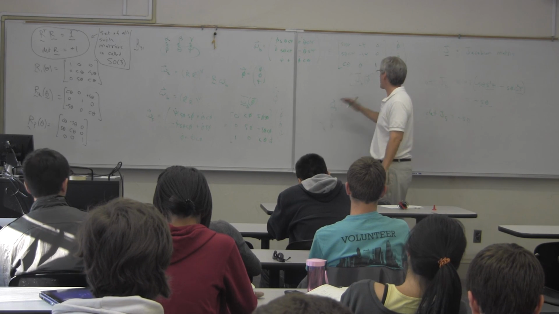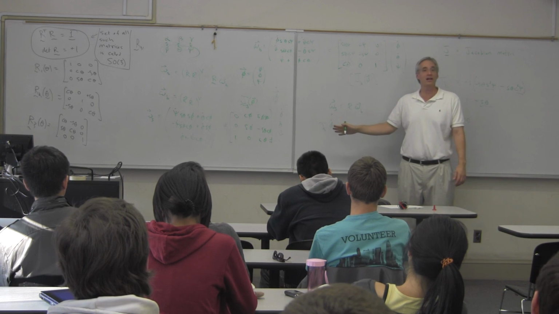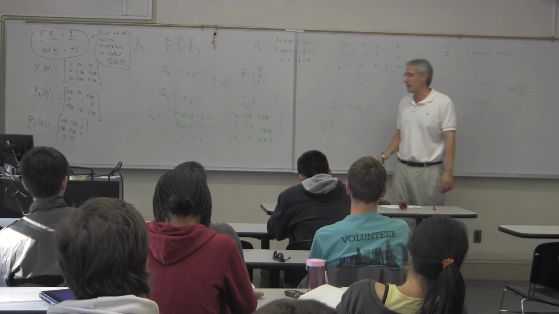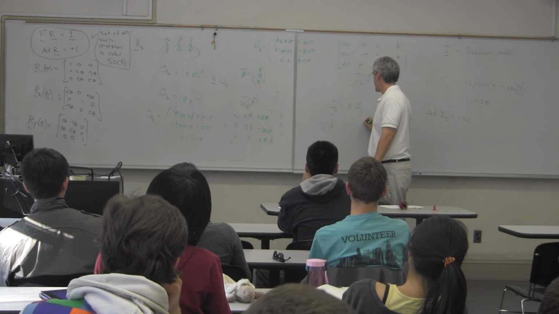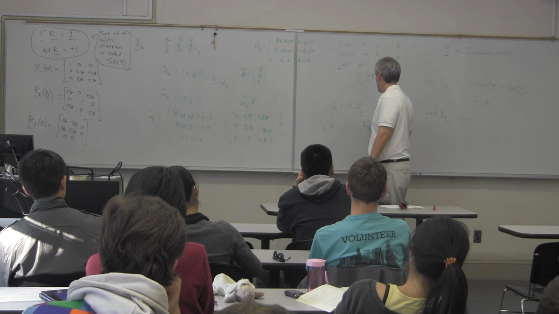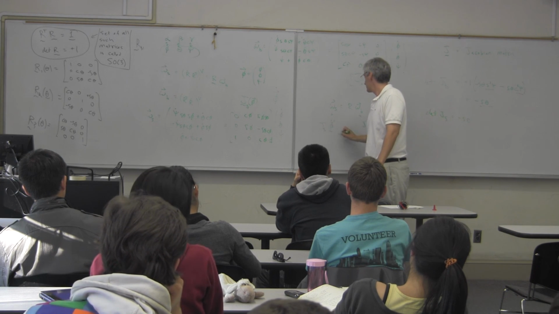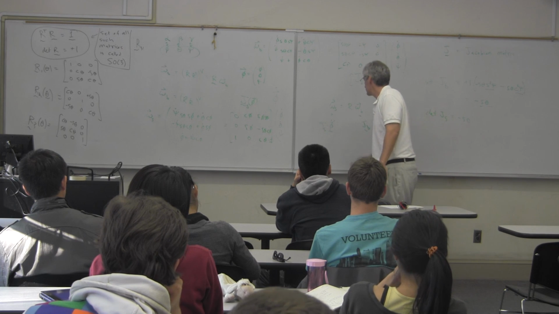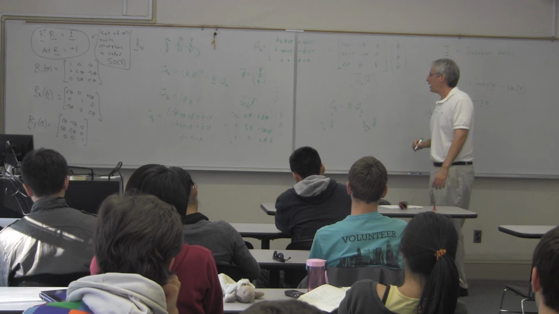Here I'm suppressing the dependence on phi. It still depends on phi, I'm just not writing it to save a little bit of writing. And over here, I know that this one is equal to Jb times phi dot. Okay. So